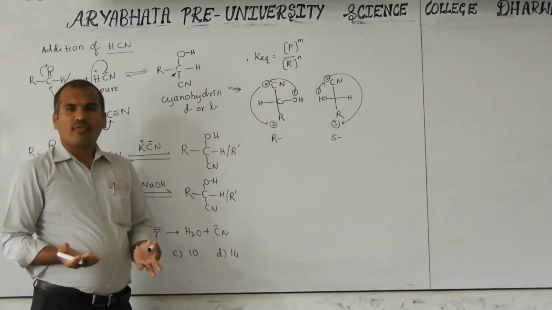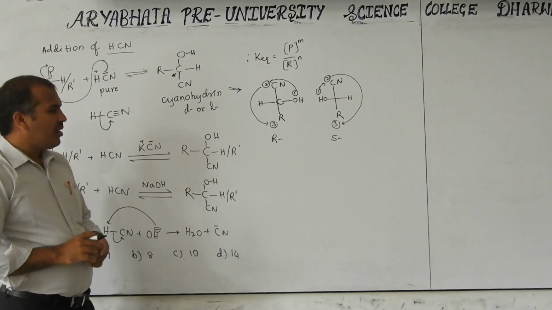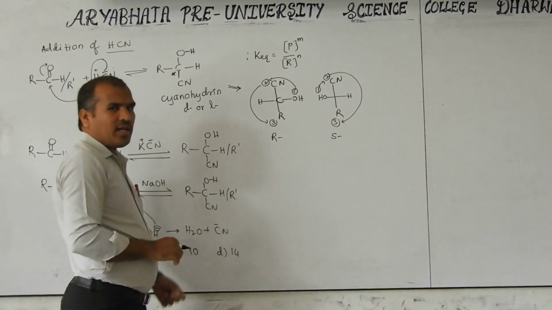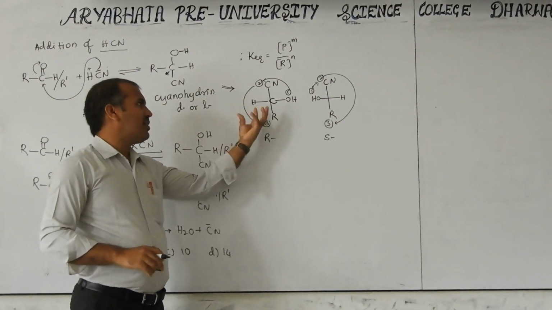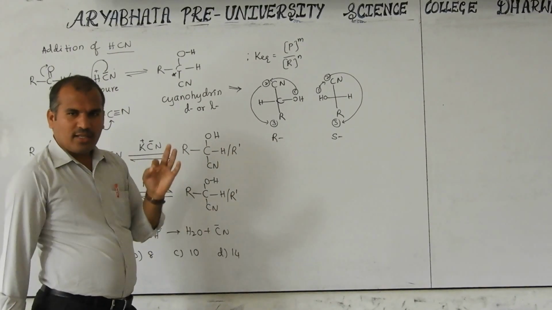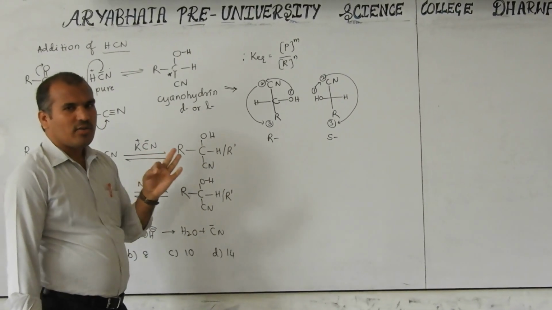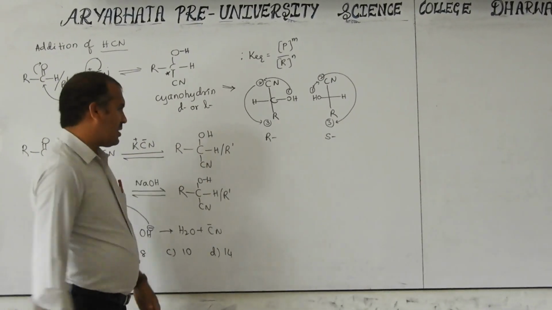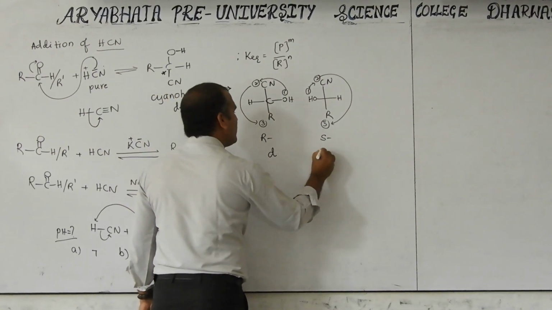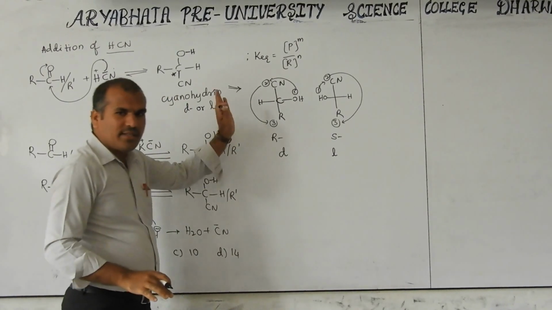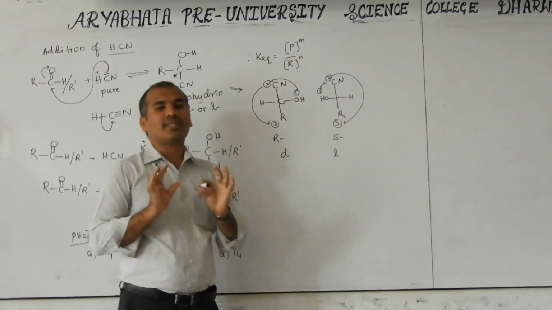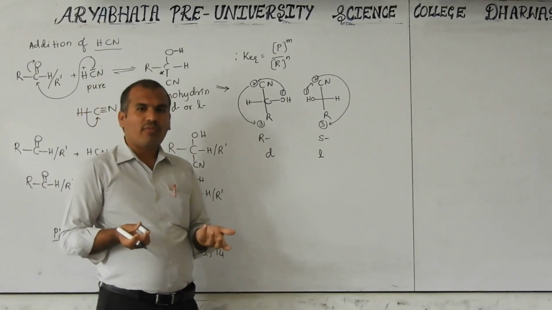So R is also formed, S is also formed. We cannot say the optical isomer by looking with our eyes. If this OH is on the right side, it is the D compound; if OH is on the left side, it is the L compound. We cannot say. Experimentally we have to decide by polarimeter. Just consider this as the D compound and this as the L compound. I am not saying compulsorily this is D or this is L. It may be L also, it may be D also. Just considering here, both may be formed.